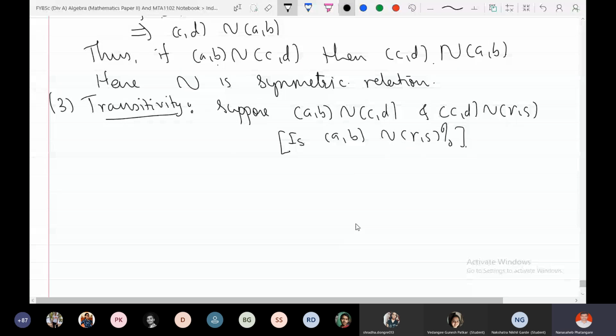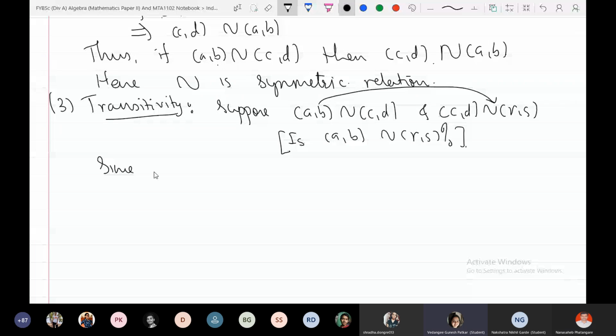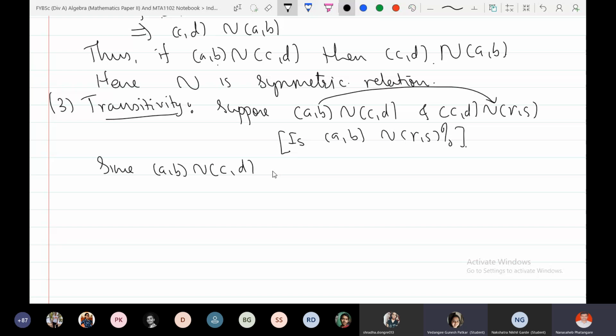Right. Suppose (a, b) is related to (c, d) and (c, d) is related to (r, s), then I want to check whether (a, b) is related to (r, s). This is what I want to check. So, since (a, b) is related to (c, d),